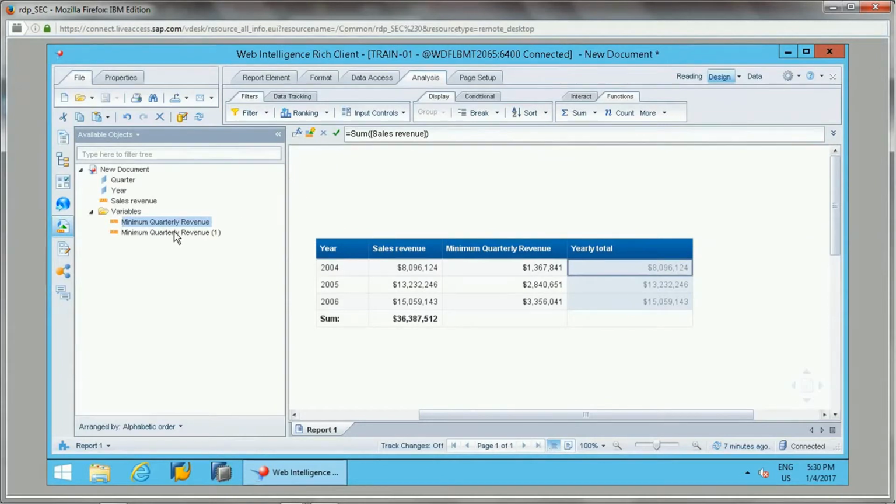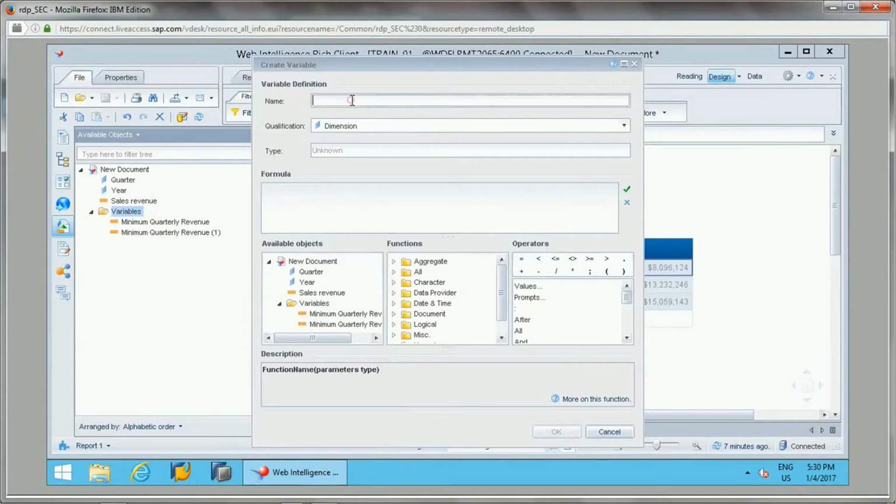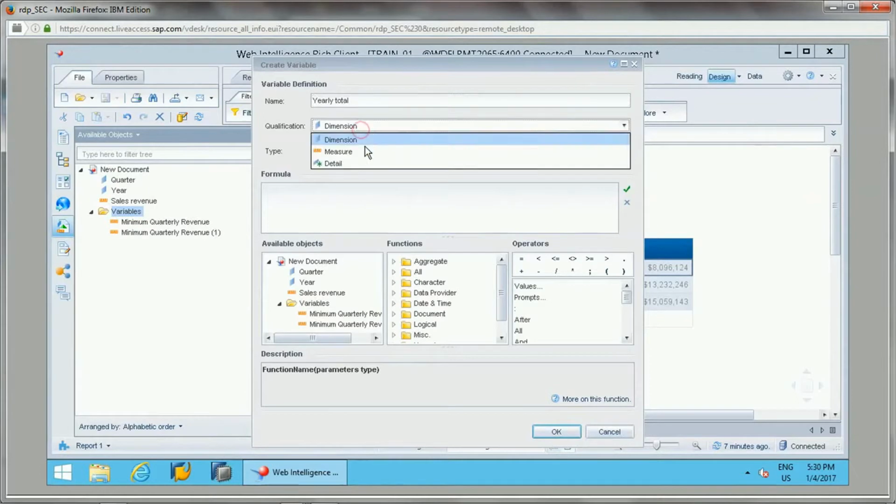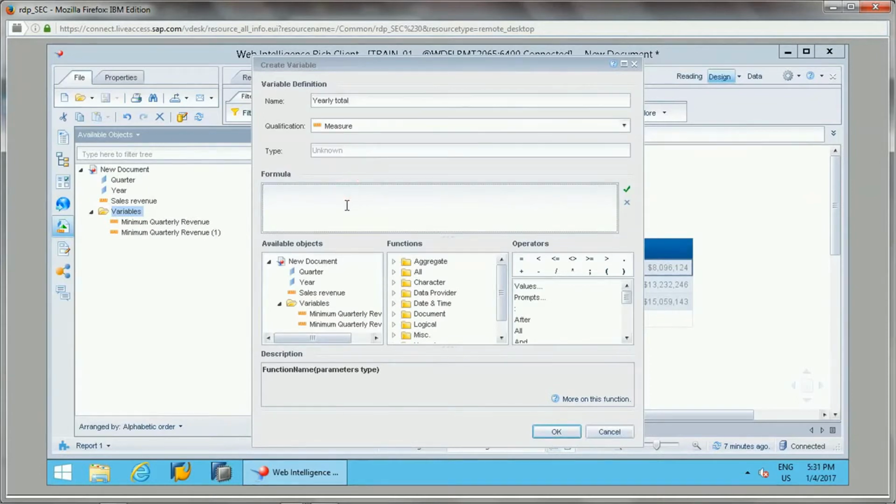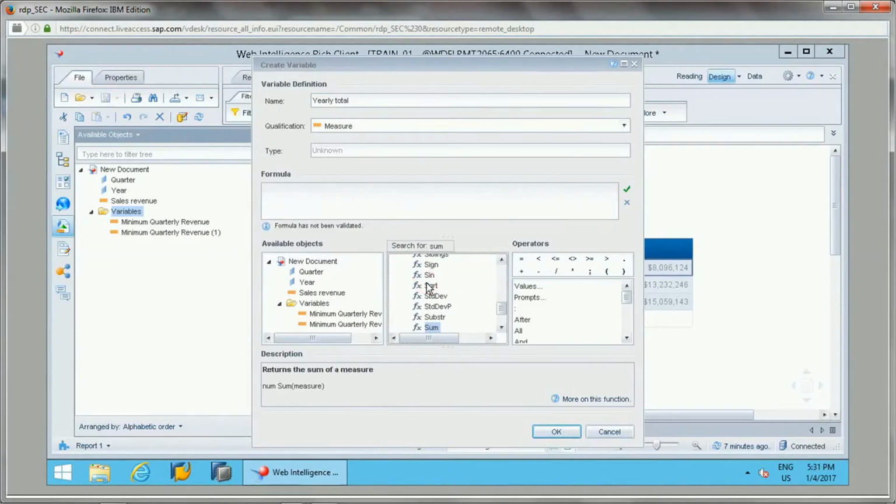So let me create a new variable. I'll say this is a yearly total. This is a dimension. Now I will say summarize sum, and it is sales revenue, and I'll say for all.